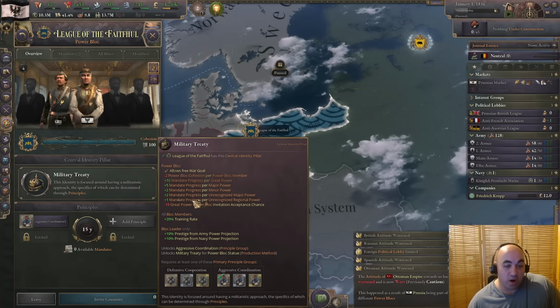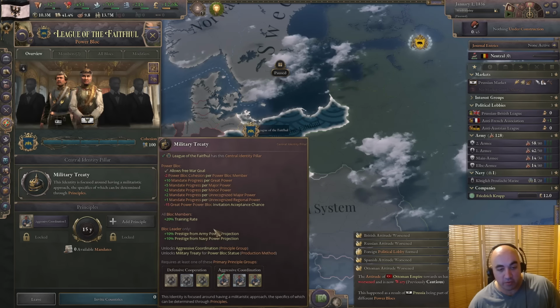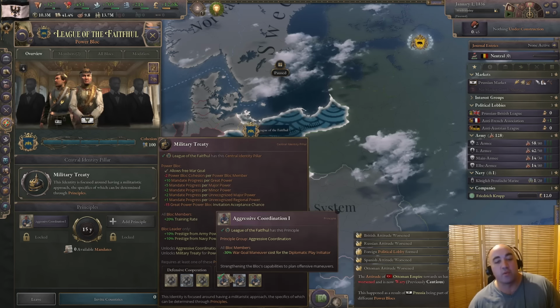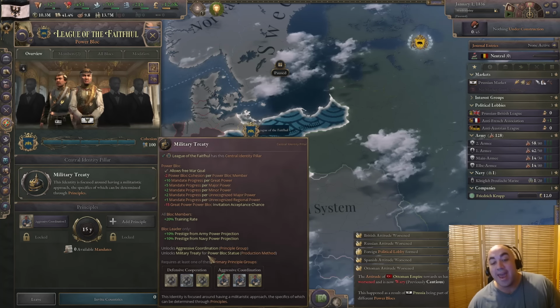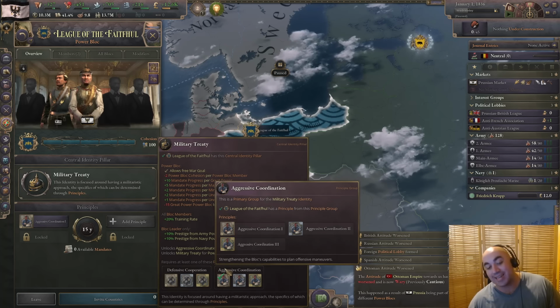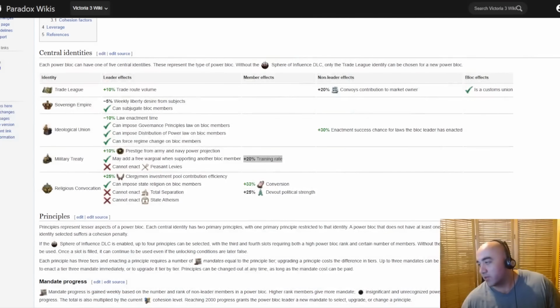But for this one, you are going to be getting the penalty. This all block members training rate is very, very strong. But the main appeal of these is going to actually be aggressive coordination, which is actually a pretty good principal group. And it is the unique principal group for military treaty, meaning you cannot use it if you are not on military treaty. So let's jump back into the browser and take a look at these principal